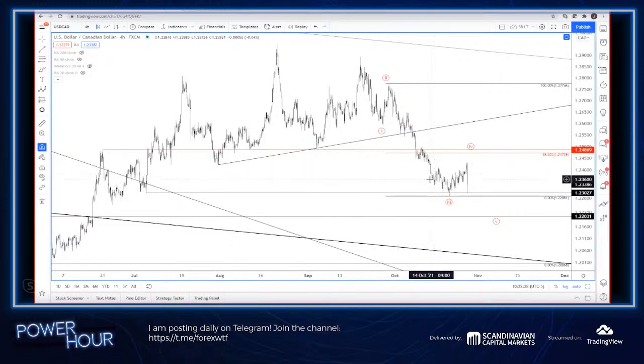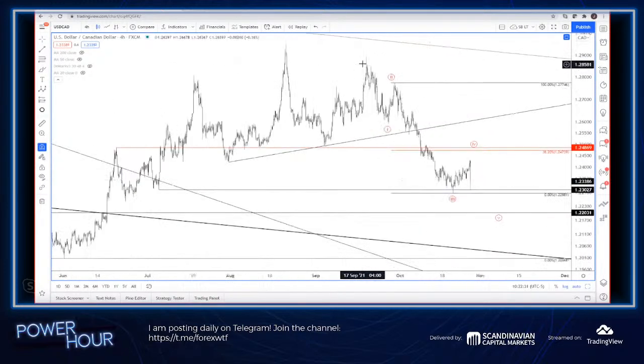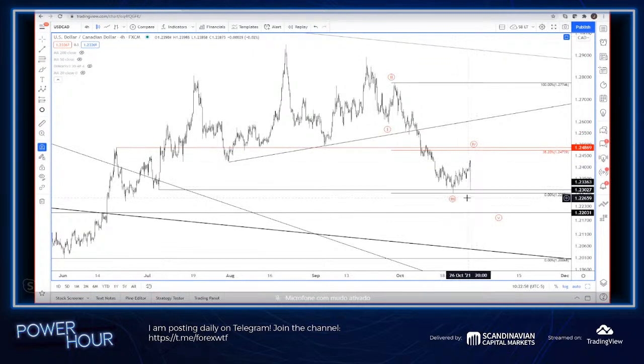Before BOC today, I was thinking that the drop from up here on the 20th of September was unfolding in an impulsive manner, right? So 1, 2, 3, 4. Is this the top of 4? It very well could be. I was looking for more like 124.70 to 125 or so, because that is a very well-defined level. However, we could be in a more complex fourth wave. Either way, once we finish 5 down here, you'd be expecting a bigger move higher anyway.